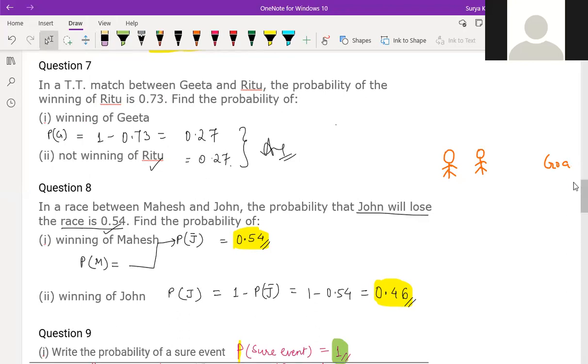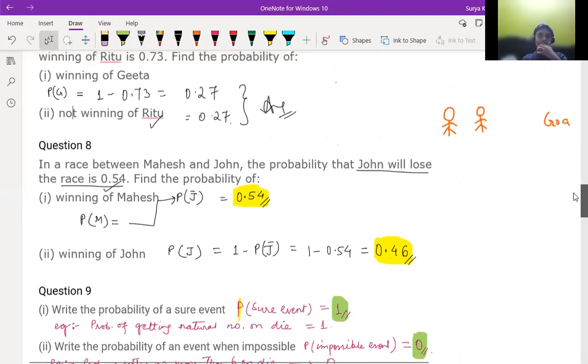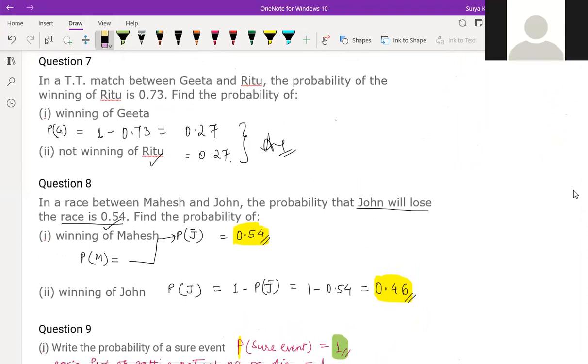Questions 7 and 8 I'm not going to give to you. So, in the TT question, they said between these two players, so we are just assuming that they're complementary, right? If it's an event between two subjects. Yeah, obviously. If two players are playing, if one wins, the other will lose. A draw is also a possibility, but you should not consider it.